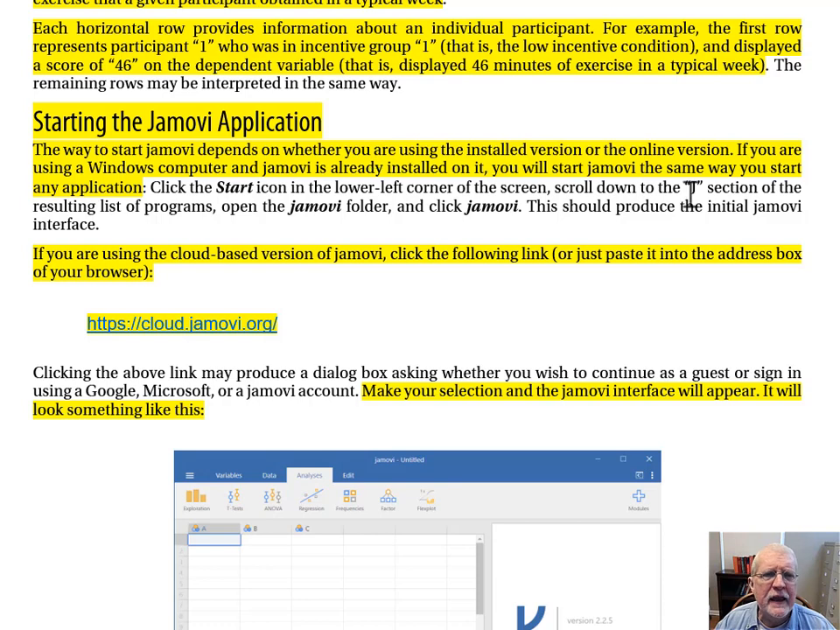Starting the Jamovi application. As you know, the way you start Jamovi depends on whether you're using the installed version or the online version. If you're using a Windows computer and Jamovi's already installed on it, you'll start Jamovi the same way you start any application. Click the Start icon, lower left corner, scroll to the J applications, and eventually click the link for Jamovi. If you're instead using the cloud-based version of